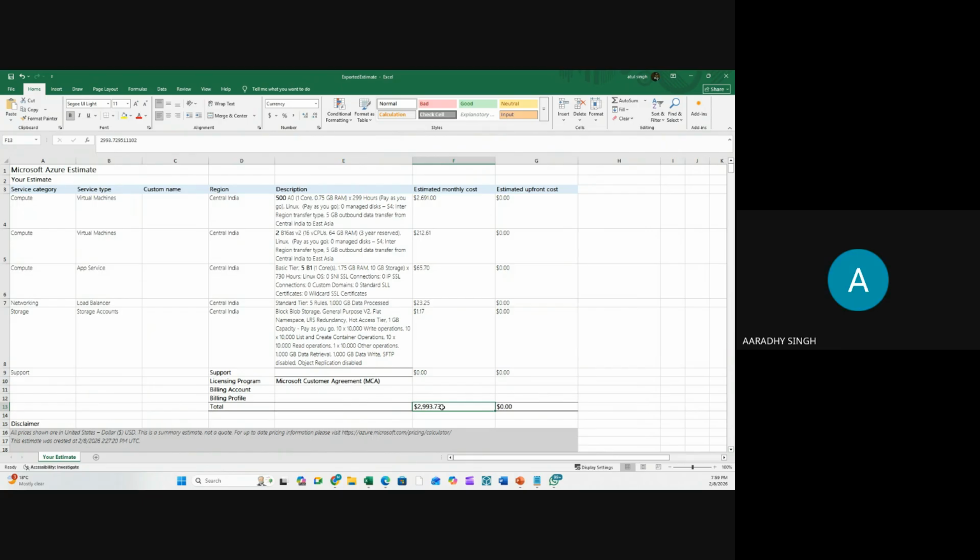In that case, Microsoft has a legal agreement. If it is pay as you go, you can do whatever you want without any discussion with Microsoft. But if you're looking for such discounts, there will be an agreement between both legal entities that I'm going to use it for a minimum of 3 years. So if you don't want to continue after 6 months or 1 year, you have to pay a penalty to Microsoft, and that will be part of the legal agreement.